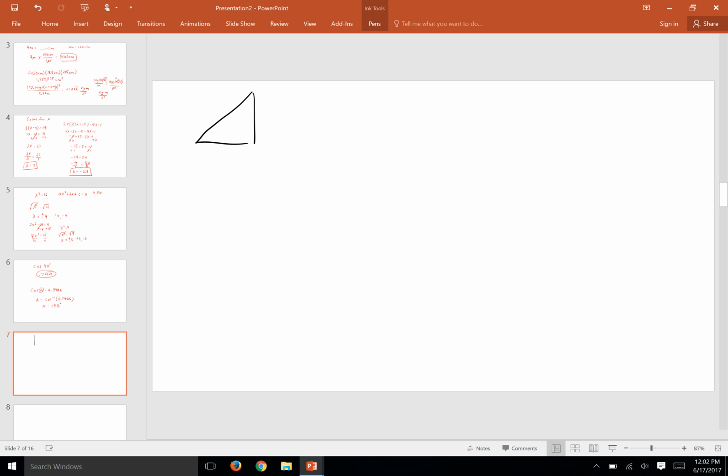So if we have something like this, B, little a, C, 13 feet, 19 feet, and big A, okay? So what we want to find here is we're going to find angle A, and so